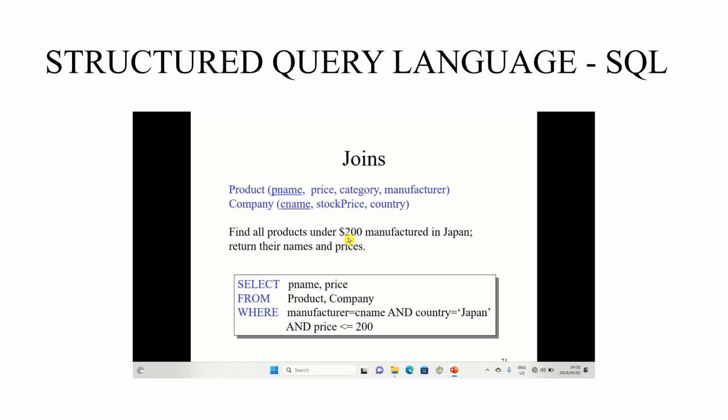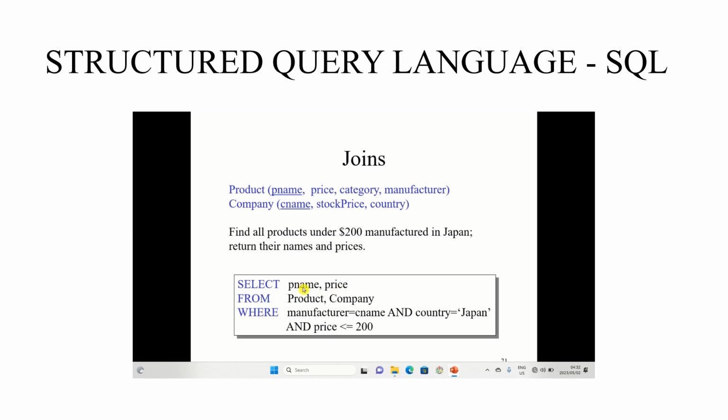Find all products under, that is below or less than $200 manufactured in Japan. Return their product name and prices. So all you know is the general form: select from where. So it's advisable that you write the general form first. Select from where. And then fill up under each of these parts of the SQL instructions. So select, these are the attributes to be displayed. They say return their names, prices. So P name, price. And as you list the attributes here,